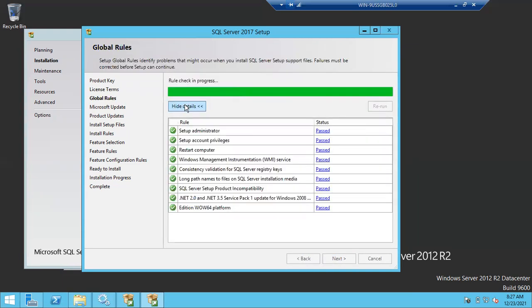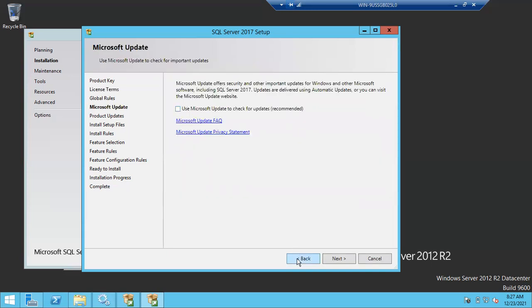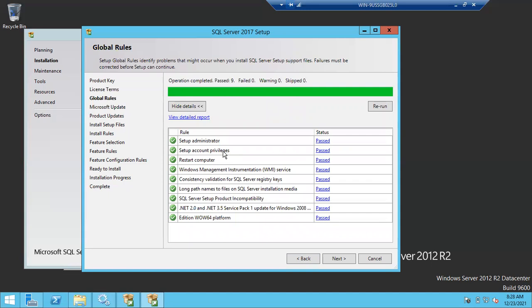Guys, these are some checks. Before installing SQL Server, your Windows Server will check whether this server is suitable for installing SQL Server or not. This installation center window will check whether this setup is suitable. If you can see all the green checks, that means it is suitable to install. If you see warning symbols, you can still install SQL Server.